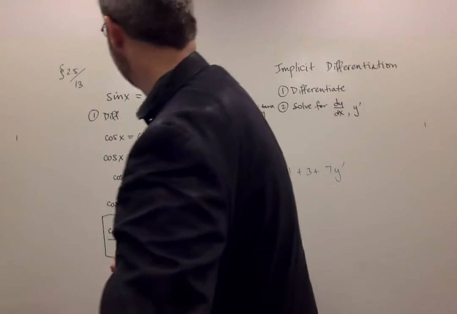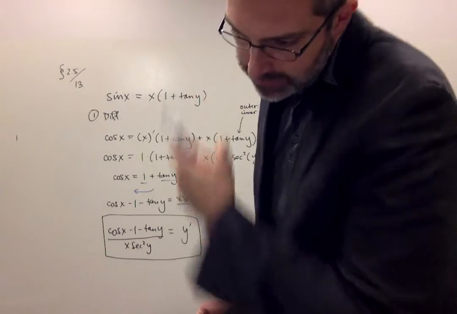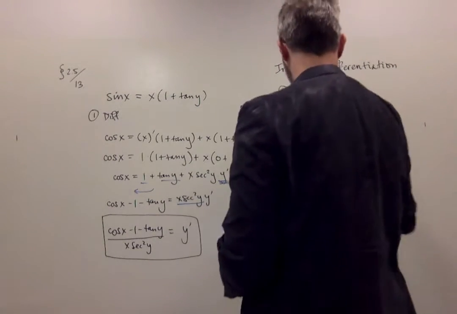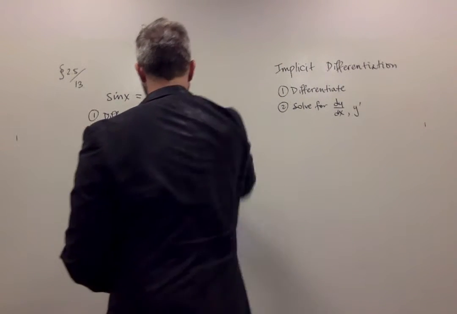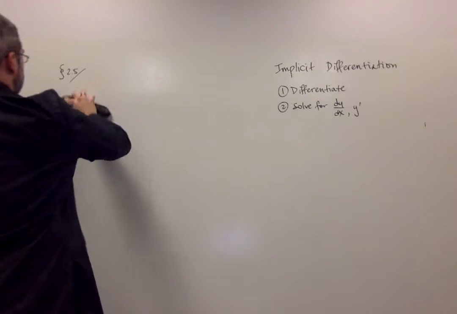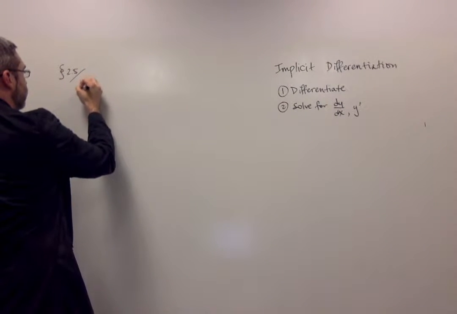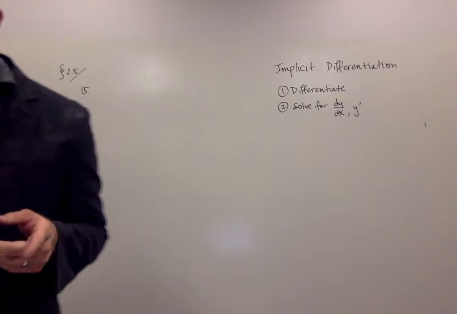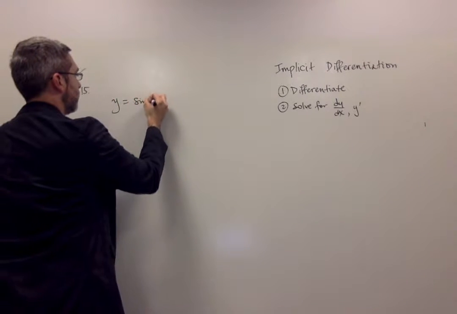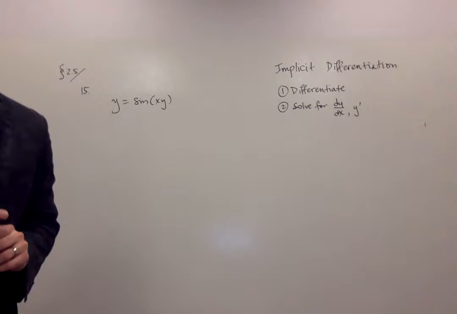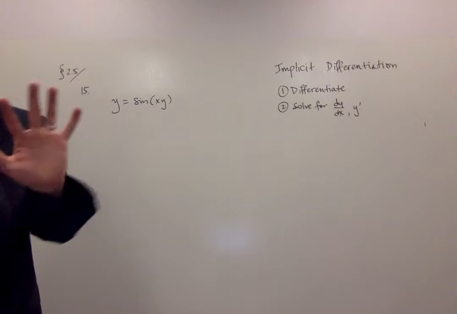All right, let's give one more shot here. Let's try number 15. Okay, so number 15, that one was a little easier because we only had one y prime term. So number 15 is a little more complicated. We've got y equals sine of xy. Okay? All right. So first step